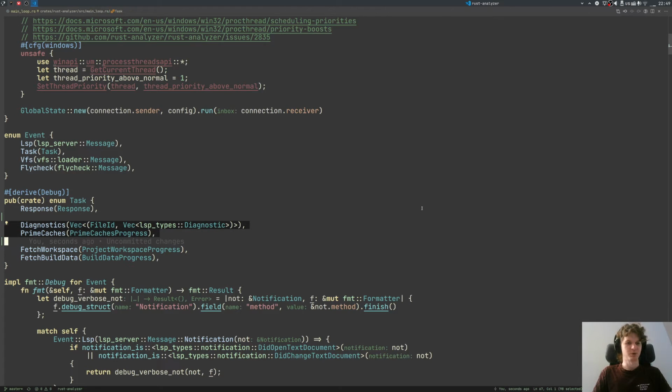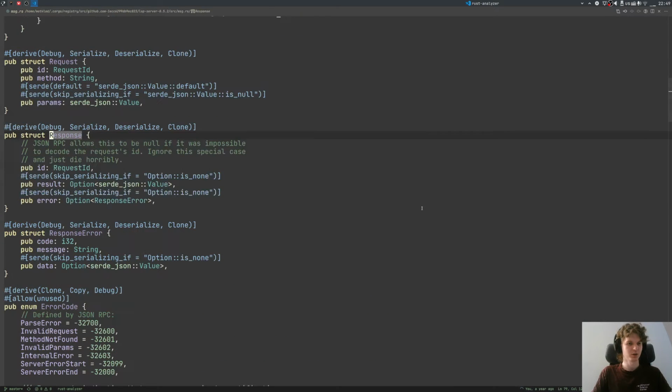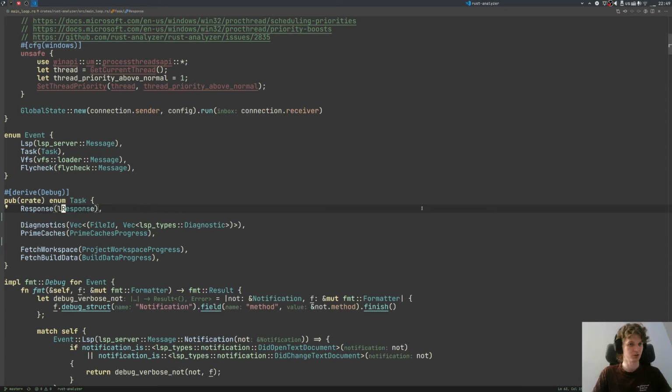This we won't cover because they are not really important. And this is the main task. When the background LSP request is fully processed, we get a response as a result, and that actually should be